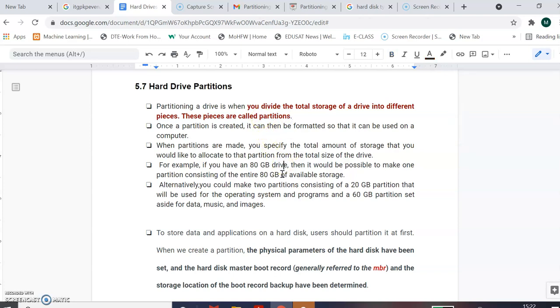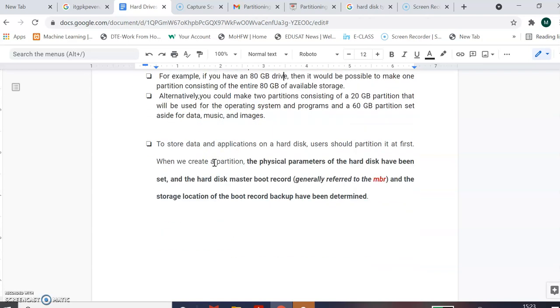Suppose you have to format your C drive, which means formatting the operating system, and you haven't done any partitioning. You have a single partition as the C drive for the whole hard disk. Then when you format for your operating system, all the data from that partition will be deleted. For that reason, personal and official information should not be stored on the operating system drive. That is one of the reasons why we use the partitioning concept and why we partition these drives.